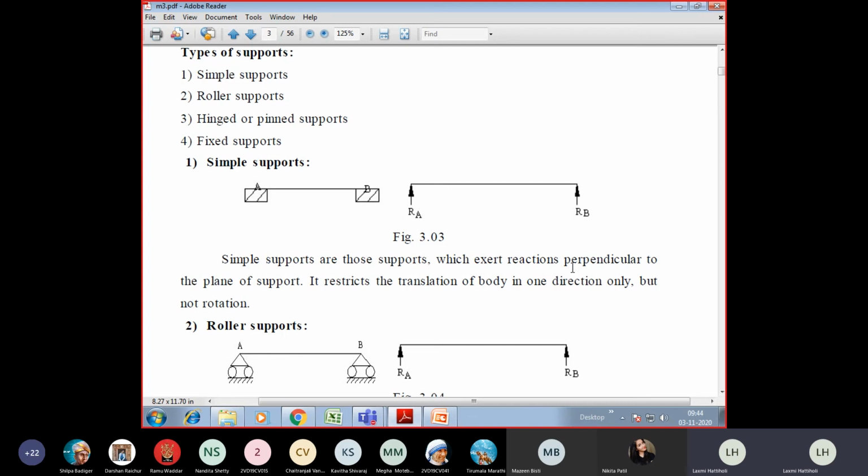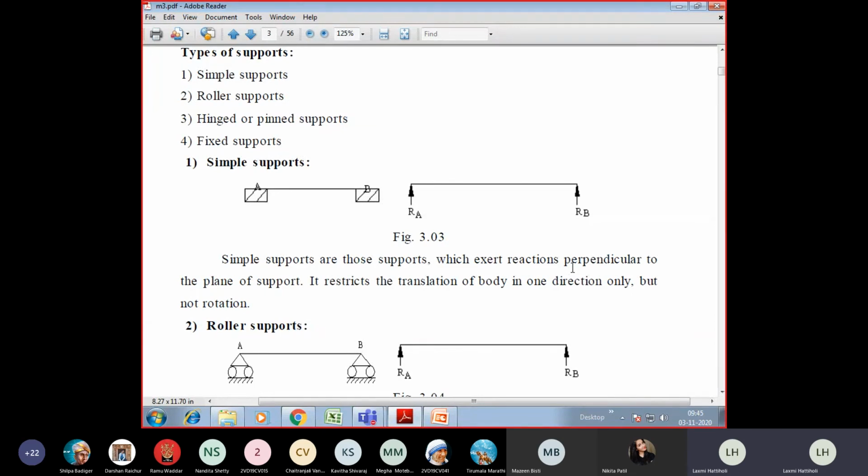I want everyone, if you have the first year textbook or any notes, to make a summary of that. You can memorize it once again, because if you don't know how to calculate the reaction, then it becomes very difficult to proceed further, right? In this SFD BMD module, the first step is always to calculate the reaction, which will fetch you 2 to 3 marks. So you should know how to calculate a reaction.